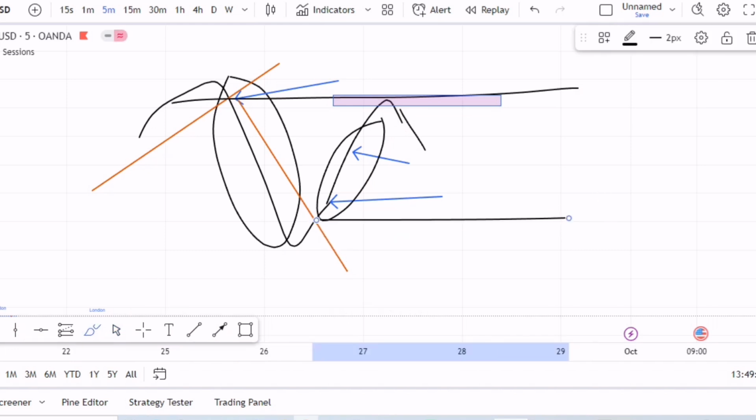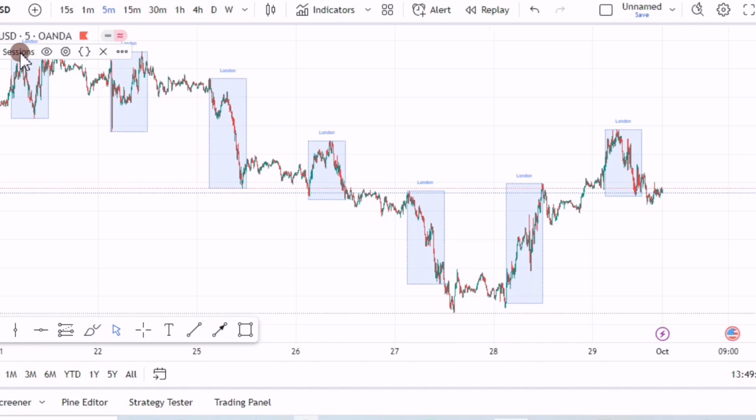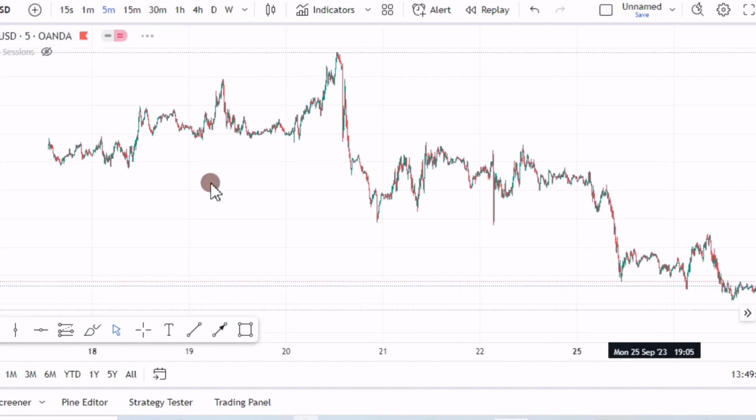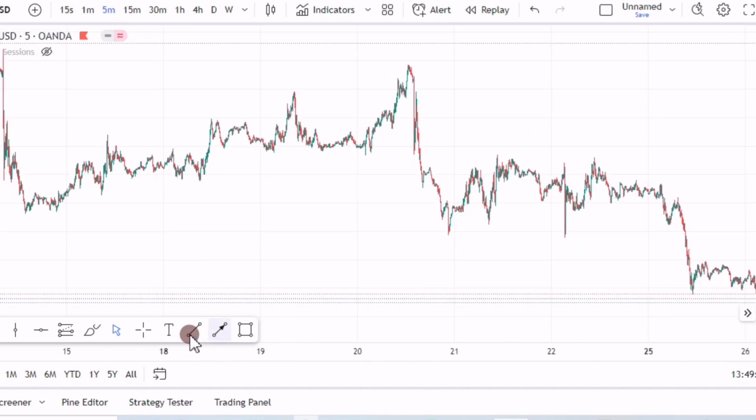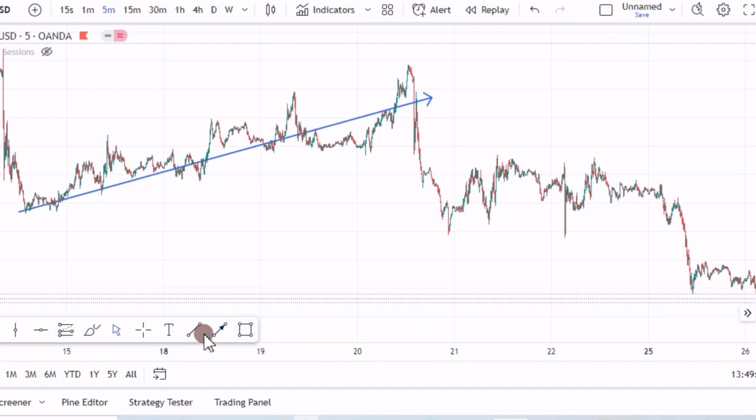Let's just move to the real charts so that you have a clearer understanding. For a moment, I will remove the trade sessions. Let me start maybe from here. I hope you can see that this is an uptrend. Okay, this was an uptrend, and then